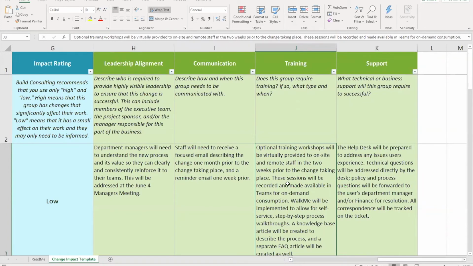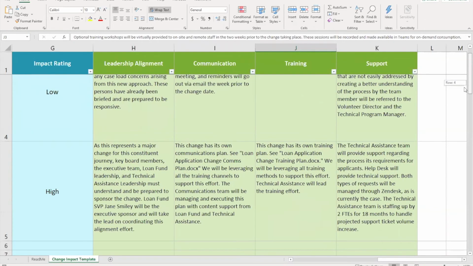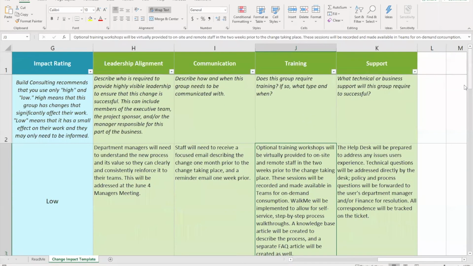I wanted to also mention here, if you're not already familiar with WalkMe as a product, it is a cloud-based tool that is in the digital adoption platform category, or DAP. And basically what it allows you to do is embed walkthrough tutorials that guide users step by step through the performance of a certain process inside of the system. So it is a very dynamic way of doing over-the-shoulder type training for folks as they're going through